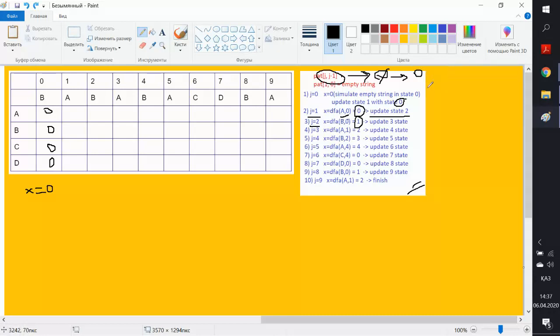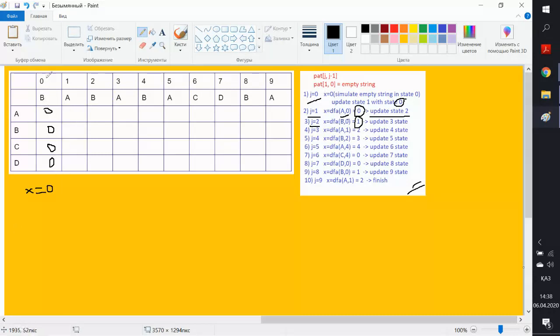So the first state, we update our first state when we have a j of 0 with the